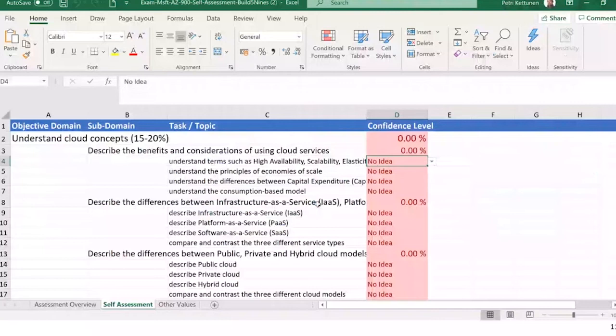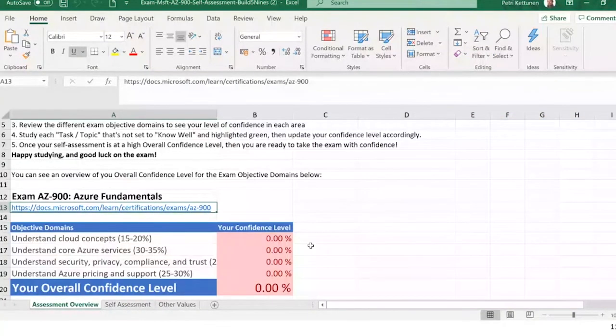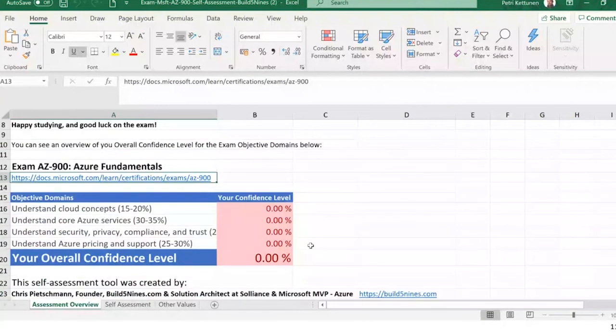At the moment, this Excel sheet is empty, but the idea is that I go through the skills measured topics again and rate how well I know them. There is an assessment overview tab where you can see the top level. I haven't done the self-assessment yet, so these are 0% at the moment.